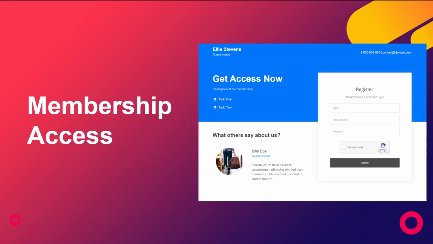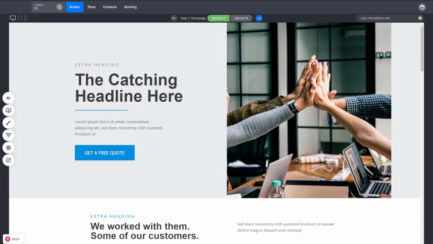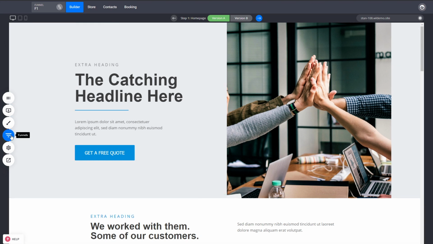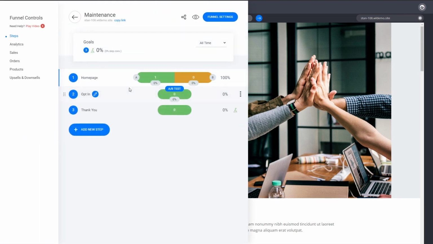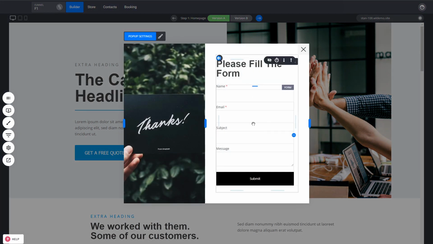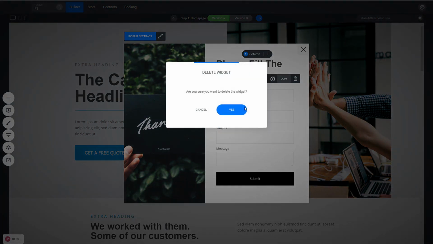So let's dive into it, and let's transform the funnel that we did in our previous video, the normal funnel for submitting a form to collect information for follow up afterwards. We have our funnel with the home page, an opt-in and a thank you page. Again, as with the other funnels, we're just changing the opt-in step. In the previous funnel we have the form,